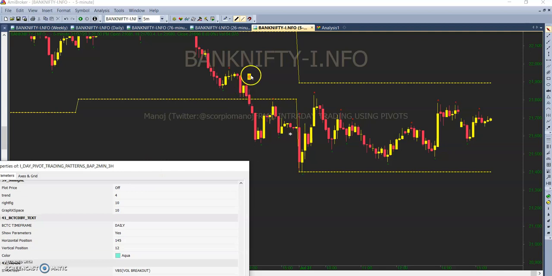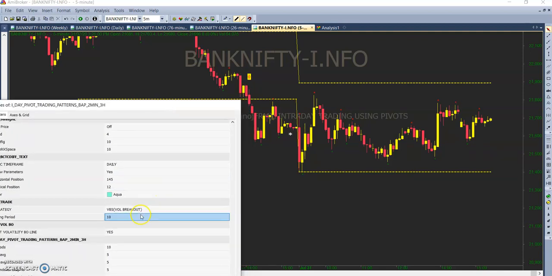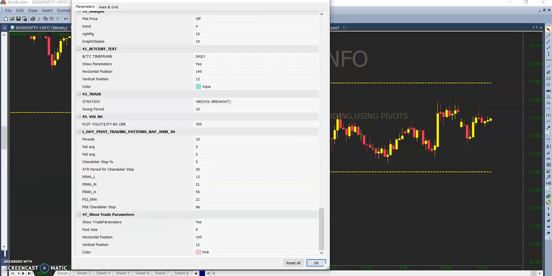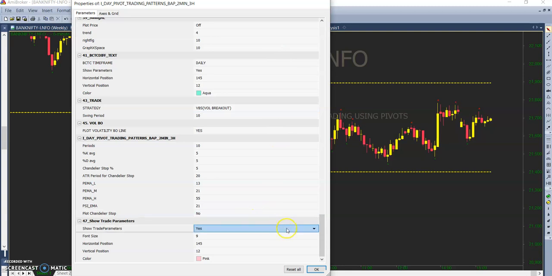You can see the arrow getting displayed here because I have enabled the volatility breakout strategy here. This is the volatility breakout line, down line. As and when the price breaks out of this particular line, you can see the signal getting displayed here, in this case a short signal. So by default, this is